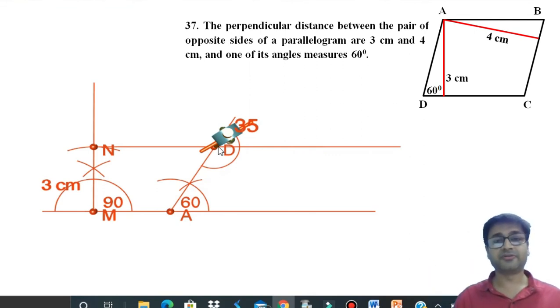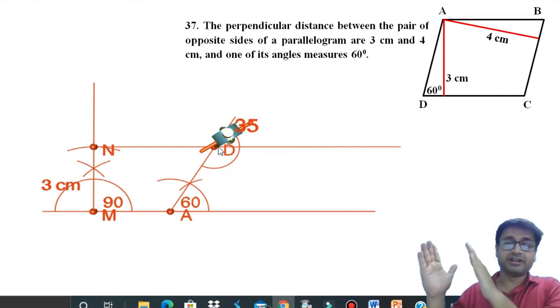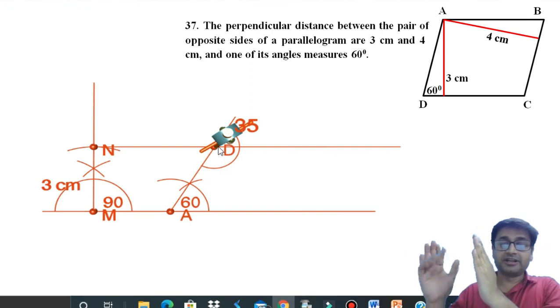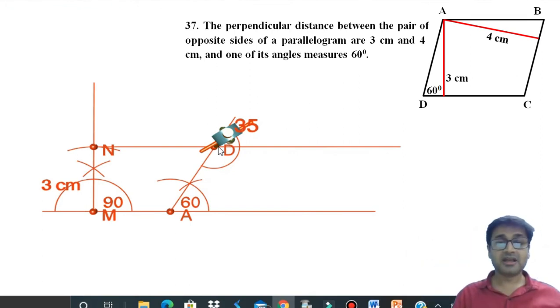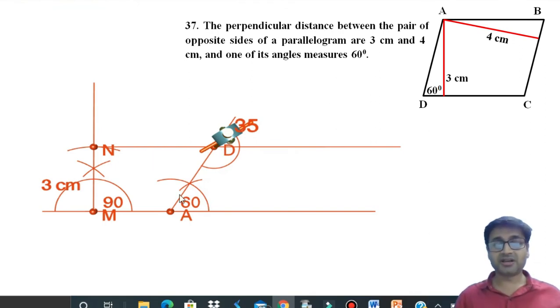Now the last piece of information. The distance between the other 2 parallel lines is 4 centimeters. So these 2 parallel lines now, the distance is 4 centimeter between these 2 parallel lines. That means the distance means it's perpendicular to both these lines. So one of the lines is AD, and to AD it's going to be perpendicular. So draw a perpendicular from point D. Then we'll see what to do. Come on, draw this and come back.